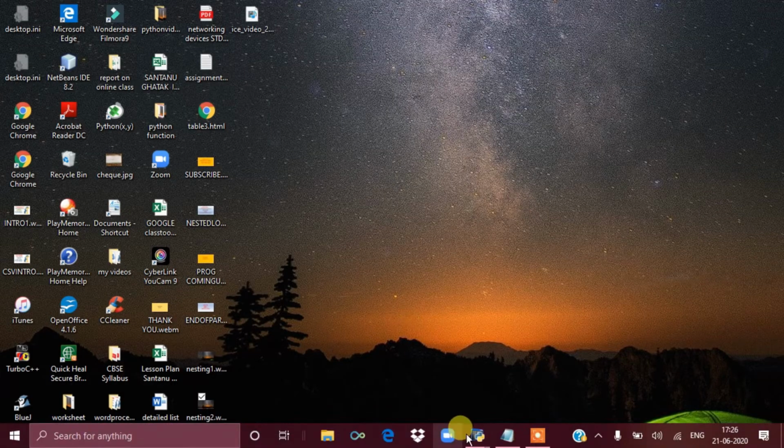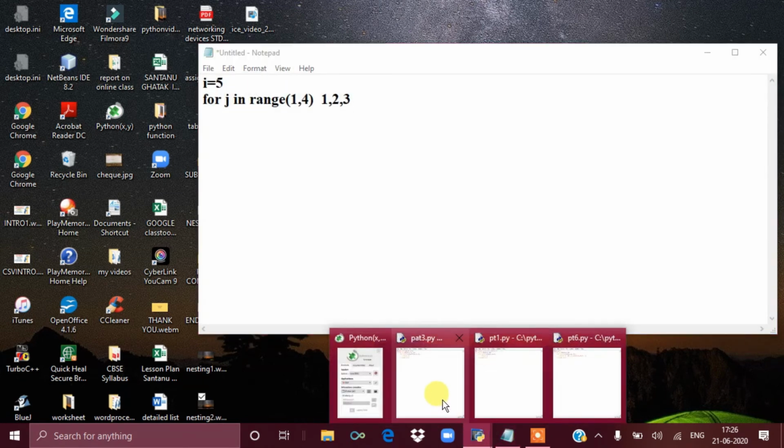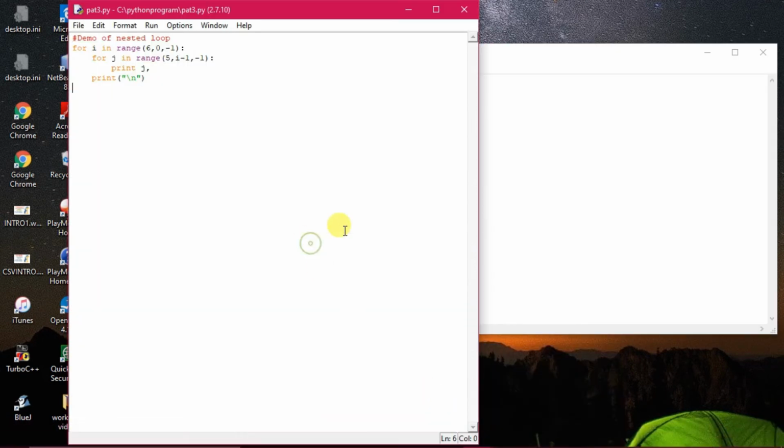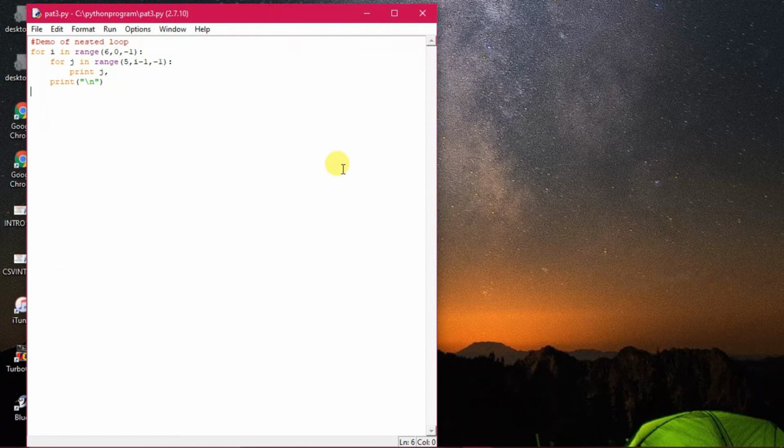Students, whenever you are executing these programs practically, that will give you a better idea. You can manipulate the values in order to understand the output, and after executing one or two programs, you will be able to easily guess and do it yourself. So here the range has been taken in this way.